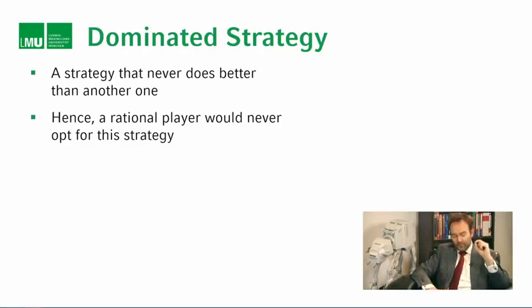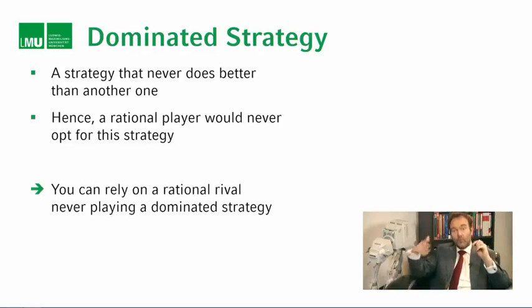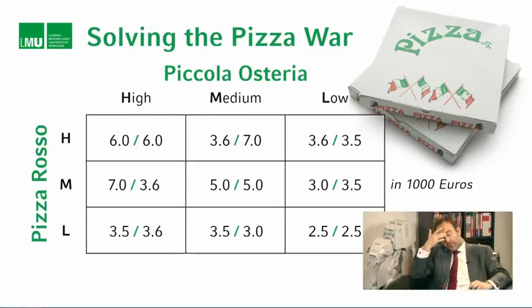But what's more interesting, and takes more thinking, is that a rational rival will never play a dominated strategy, right? So even if a dominated strategy by your rival would give you massive profits, you should never count on the other player choosing a dominated strategy if he's interested in maximizing profits. Okay? So if we want to solve the pizza war,